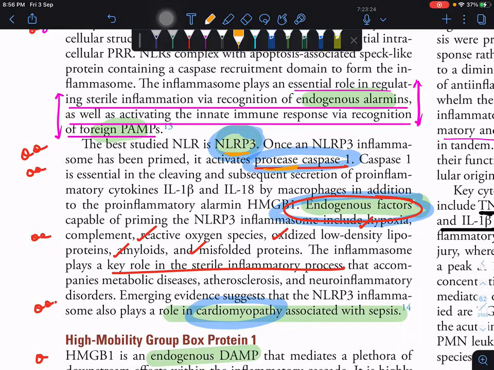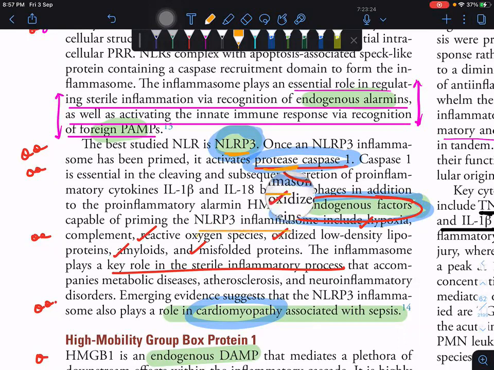By adding HMG-B1, just to see here, NLRP3 is the main inflammasome. So it activates protease caspase 1. That is another very important MCQ. Okay, and it goes to a further process of inflammatory change. So the main thing is the endogenous factors capable of priming the